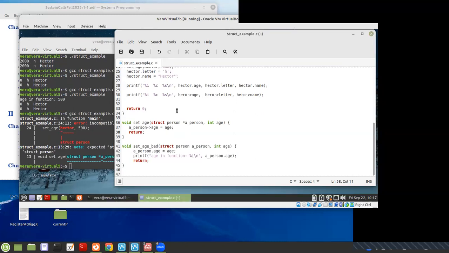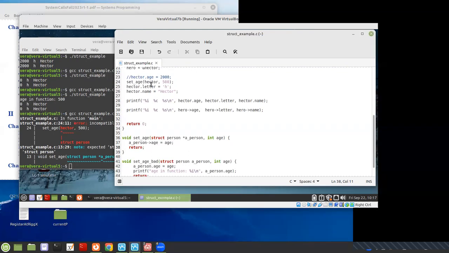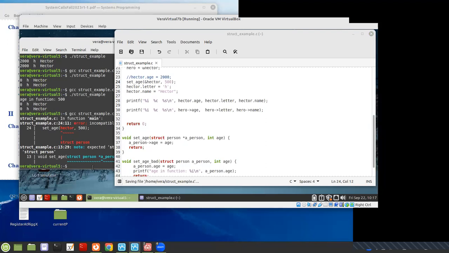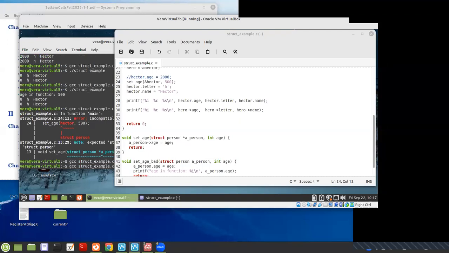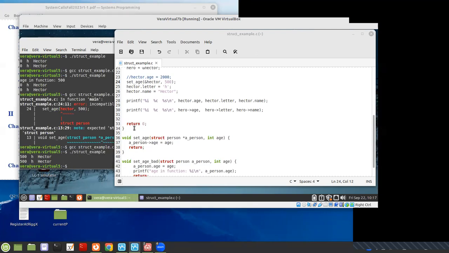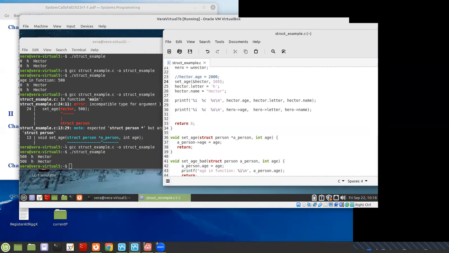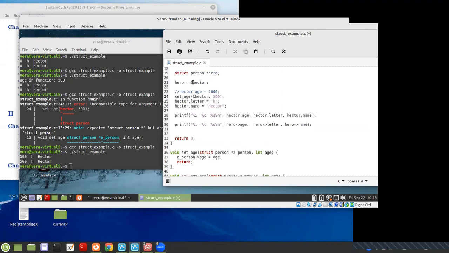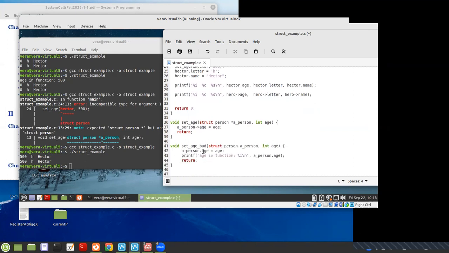Let's see. Oh, because up here, when I call set age, I'm calling it without a pointer. I need to put in the address of Hector here. Let's see if this works. Yes, it works. So the Hector, this is printing it. See, both of these now work as advertised,